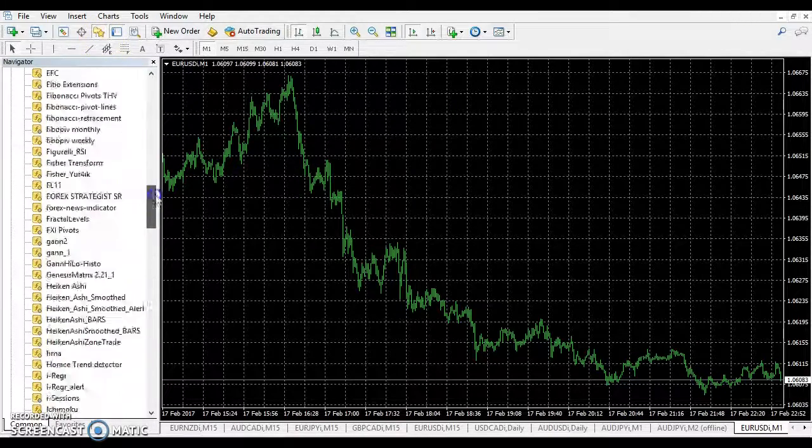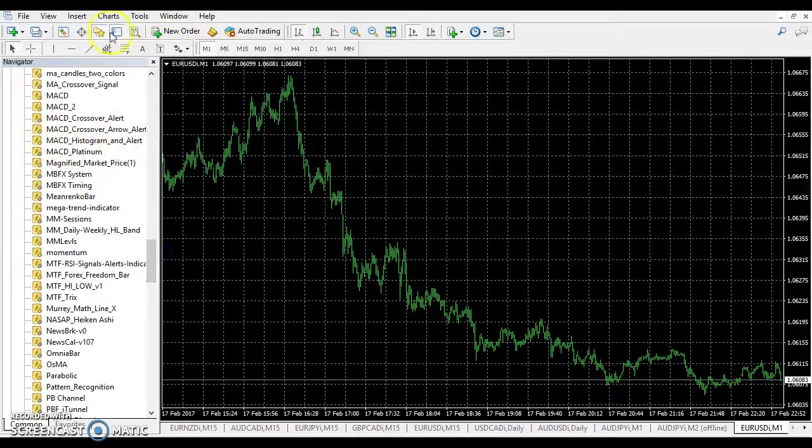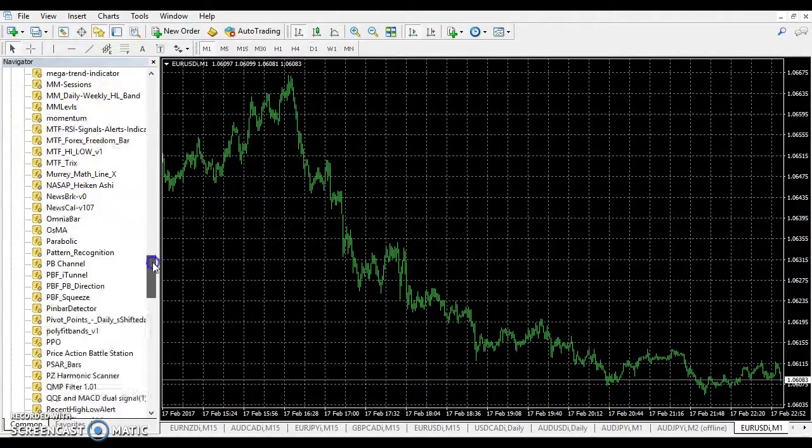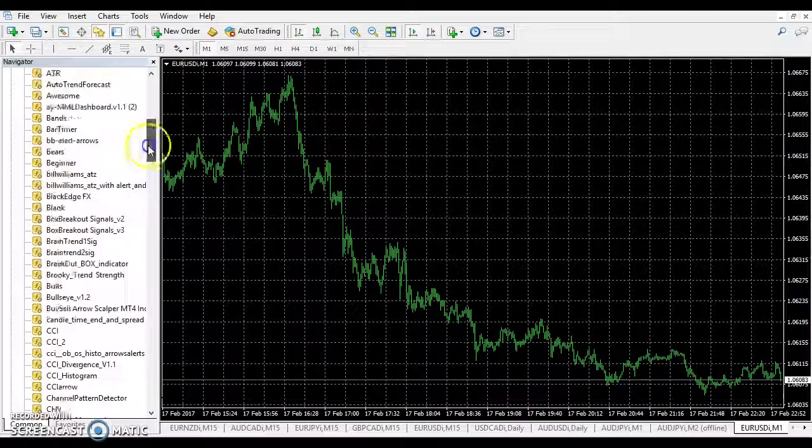Then the indicator I sent to your folder that you're going to put into your MQL4 through your meta quotes. Alright, if you need help doing that, just let me know. I'll send a video over to you about that. I'll drag all the indicators to this window. First of all, you're going to open your